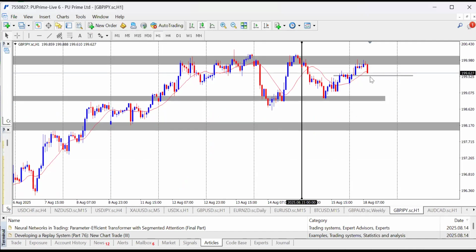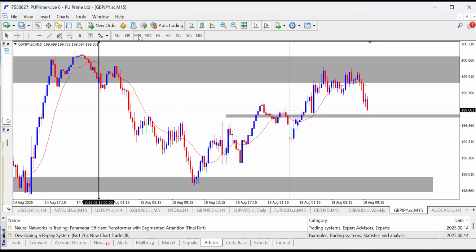If market breaks this low, right, this level, or retraces up to this level, I will sell GBPJPY on a long-term sell and my TP1 is going to be here because this is liquidity, right? My TP1 is going to be here. This is where my TP1 is going to be. So I'm still going to wait for proper movement.